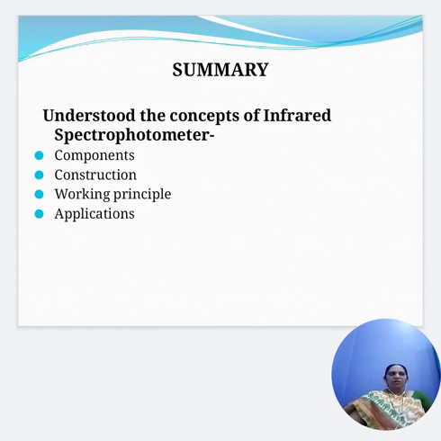Then coming to the applications where infrared spectrophotometers are used, they are used to determine the impurities present in raw materials, to determine unknown contaminants in the industry, for analyzing alcohols, drugs, paints and fibers, for identifying odor and taste components of food, for determining atmospheric pollutants, and for biomedical studies of human hair to identify disease states. So these are the application areas where infrared spectrophotometers are used. So with this, I would like to end my presentation.